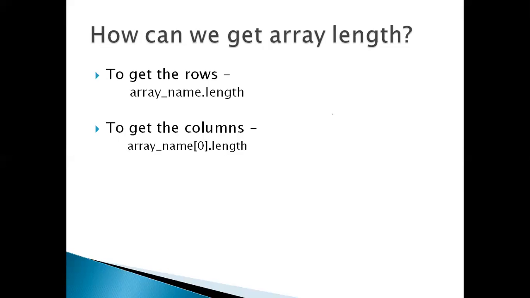If all the rows have an equal number of columns, then we will get a uniform value whatever value we place inside this square brace. If we put 0, we will get a value. If we put 1, we will get the same value, when the columns of the array are of equal length. If the columns are of different length, changing this index will change the output returned by this line.